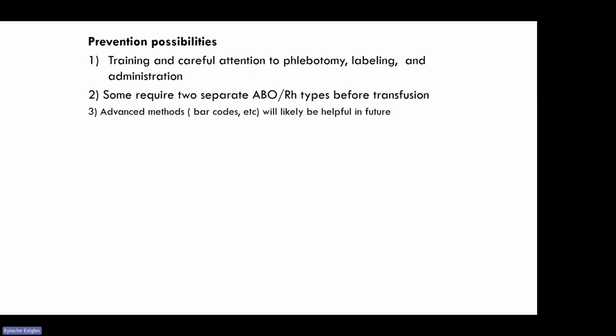So how can we prevent this? By training and careful attention to phlebotomy, labeling, and administration. Some require 2 separate ABO blood types before transfusion. Advanced methods use barcodes, and also the example I've given as far as our environment is seriously concerned, apart from